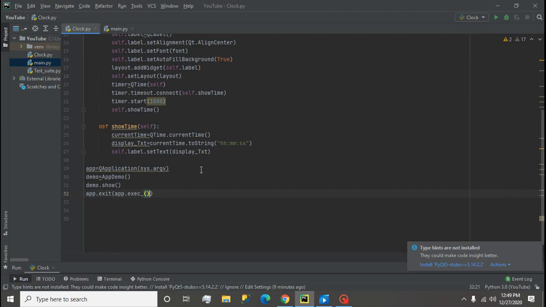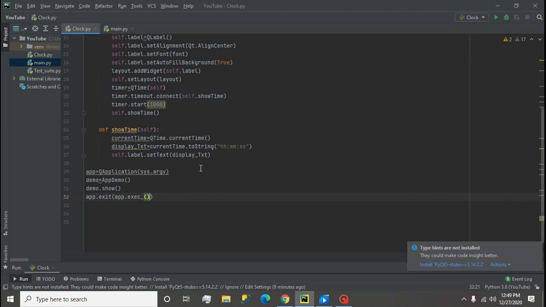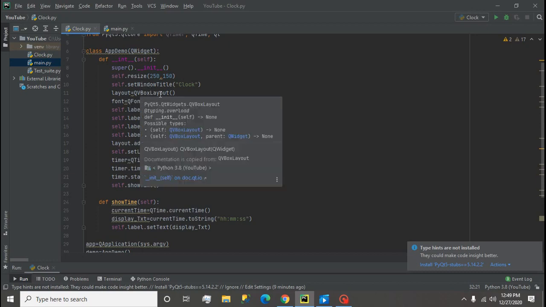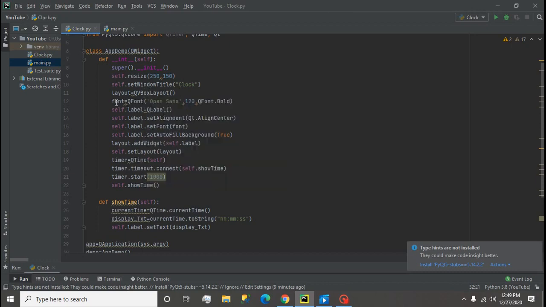So we missed something. We have to backtrack. So let's see what we missed. Okay, this is done. Resize, set window. Then we are creating font, then label, QLabel we have created, aligned also we have done, set font we have done, add widget self dot label we have done.